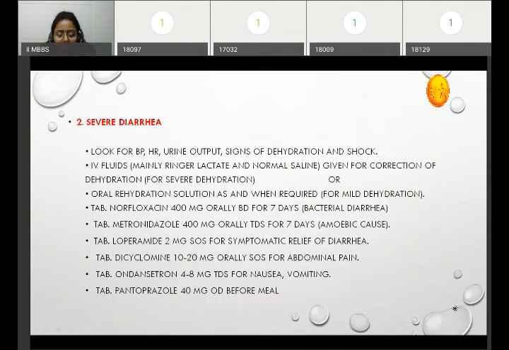Second multiple drug therapy question is severe diarrhea. As you have seen for the antidiarrheal drugs first, now you have to add some non-pharmacological measures also to write this multiple drug therapy answer.